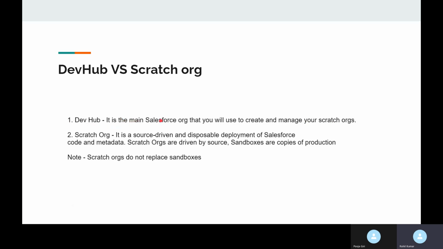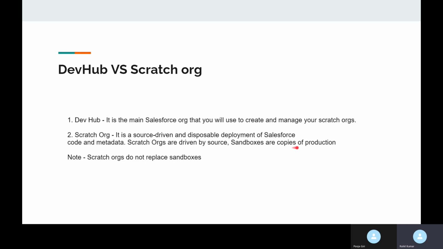Dev Hub is a main org, and we use this Dev Hub to create Scratch orgs. And what is a Scratch org? It is a source-driven and disposable deployment of Salesforce code and metadata. Scratch orgs are driven by the source.